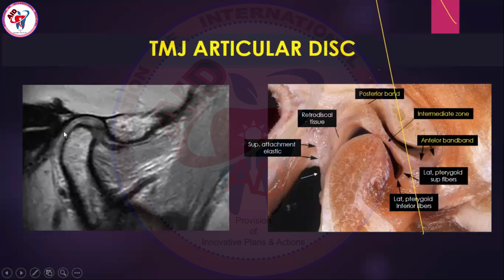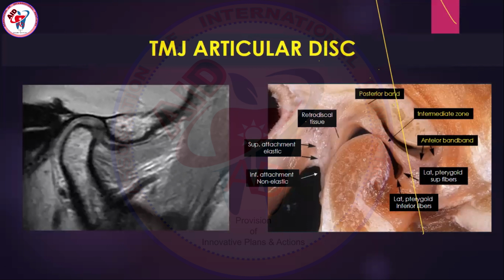And this has the superior attachment here and the inferior attachment right here. This is the inferior attachment, which is attached to the neck of the condyle, and that is the superior attachment, which is attached to the temporal bone. So that is the anatomy of the articular disc